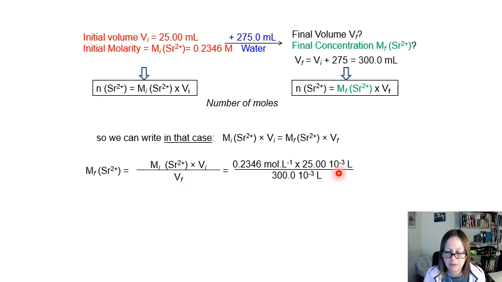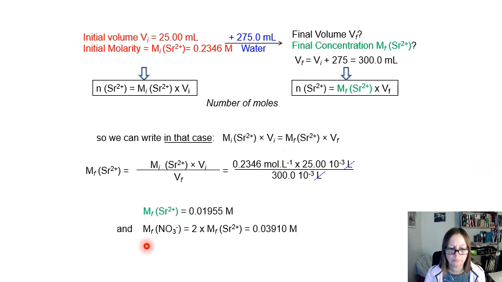Plug in the numbers. This is what you get. What you see here is that we have moles per liter, liters and liters. So these two units will cancel each other, meaning that we could have left 25 milliliters over 300 milliliters to still get a concentration in moles per liter, or a molar concentration. If you do the calculation, you will find that the molar concentration of strontium ion is